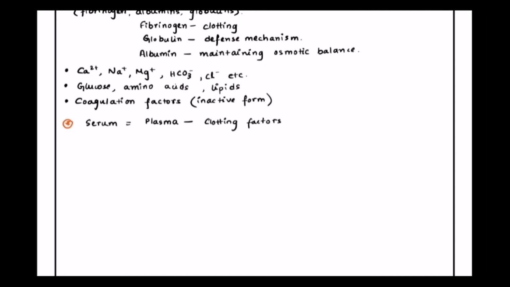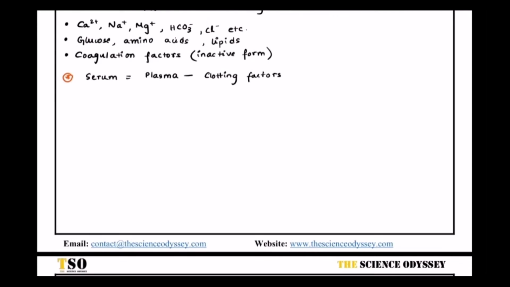Now moving on, we are going to look at the formed elements. Now, there are three components to these formed elements. What are they? The first one